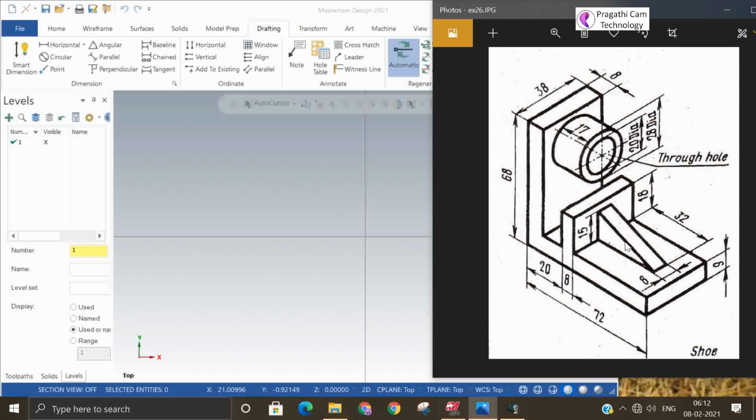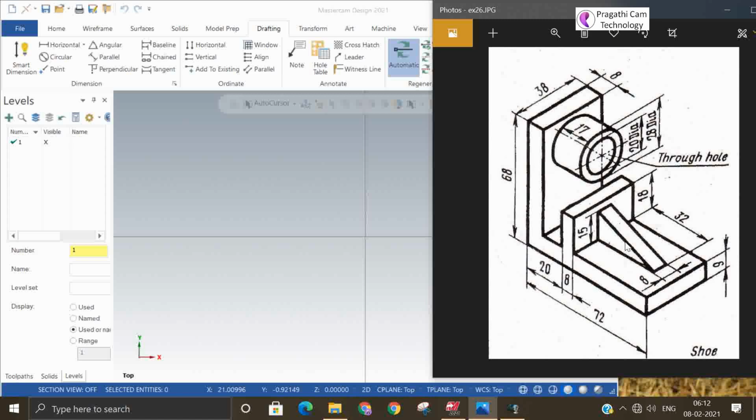Any component you see, one base feature may be there, and along with the base feature, something is added or something is removed. That makes a component. If you understand the base feature, that will give a basic idea.